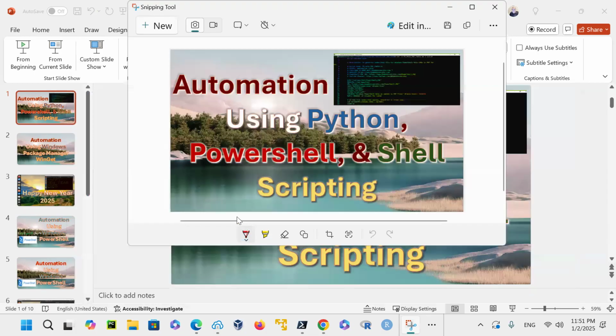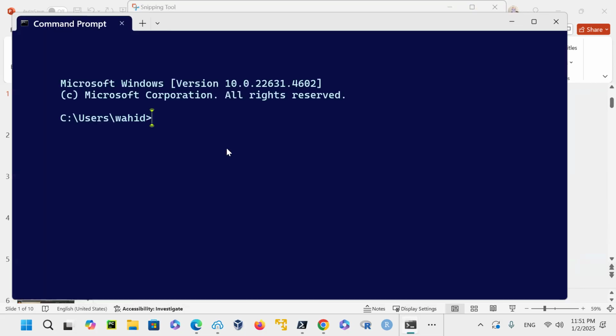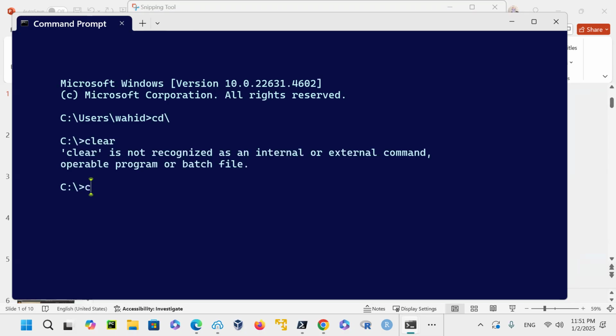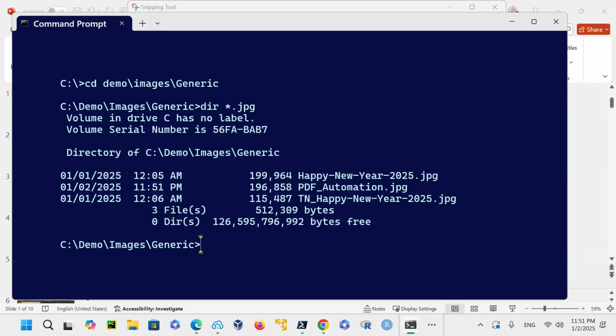That's the extension. Now I'm going to open a CMD command here, and then at this time I'm going to go to the directory where I have those images, and so I'm going to say cd to demo/images/generic. In that directory, I have a couple of JPEGs. The one for the automation of PDF file is this one, but the new year I already posted, as you saw earlier,